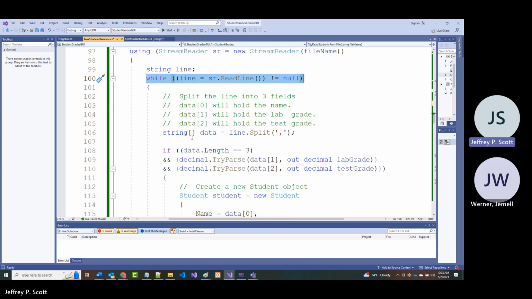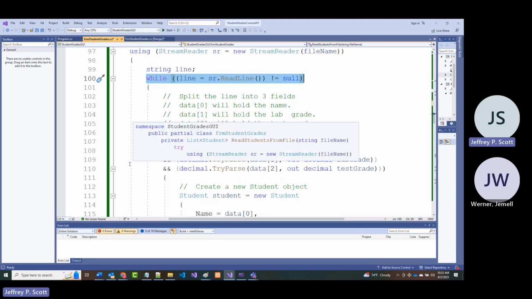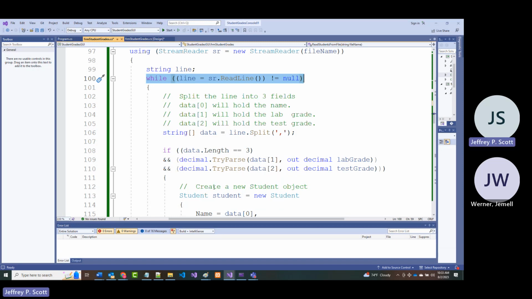Split based on that comma. All right. If we did have 3 fields, and if the second field can be parsed into a decimal, we put it into lab grade. If the third field that's in there can be parsed into a decimal, we call it test grade. Now, we put this thing in here, all right, and I really could have put this into a try-catch also,